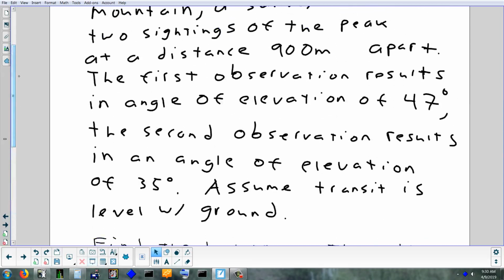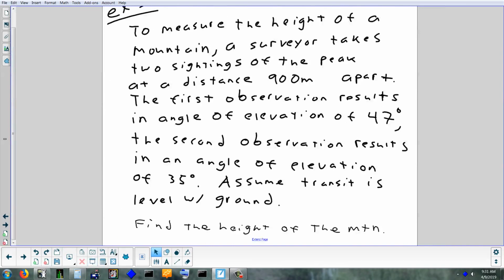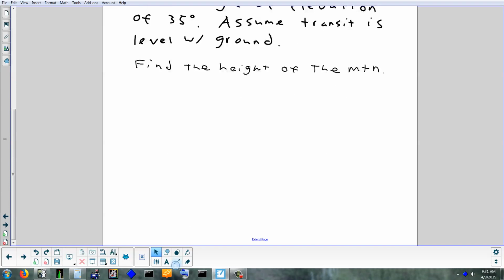What's something that has to be in this picture? What do you need in your sketch? So for now, I'm just actually thinking physical objects. Don't worry about numbers yet. What physical objects are going to be in this picture? Mountain. A mountain. And what's the mountain sitting on? Maybe the mountain's floating, but I hope not. Ground. The ground. All right? So we've got the ground, and we've got a mountain